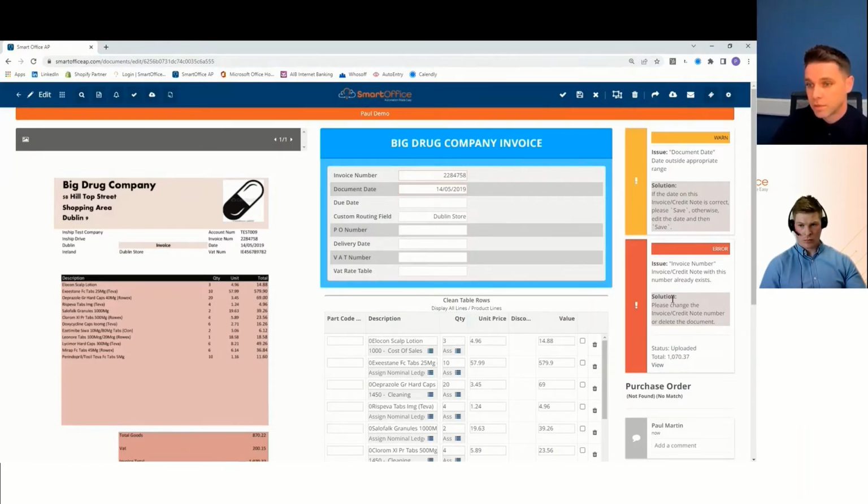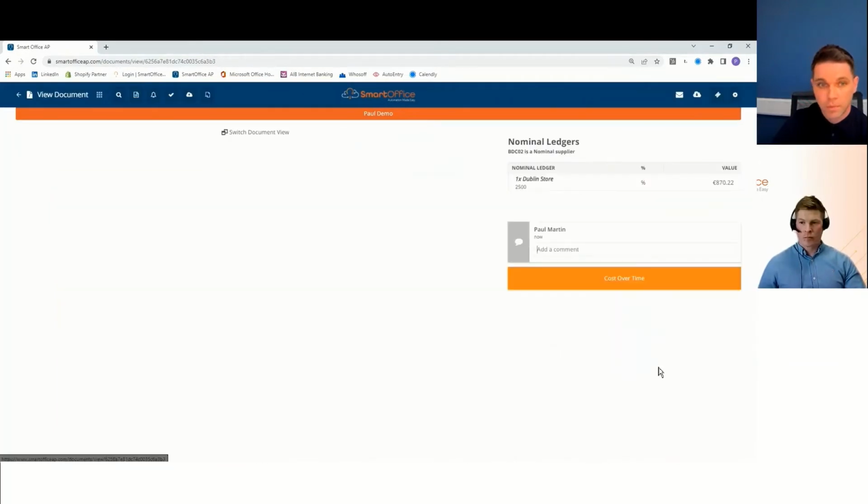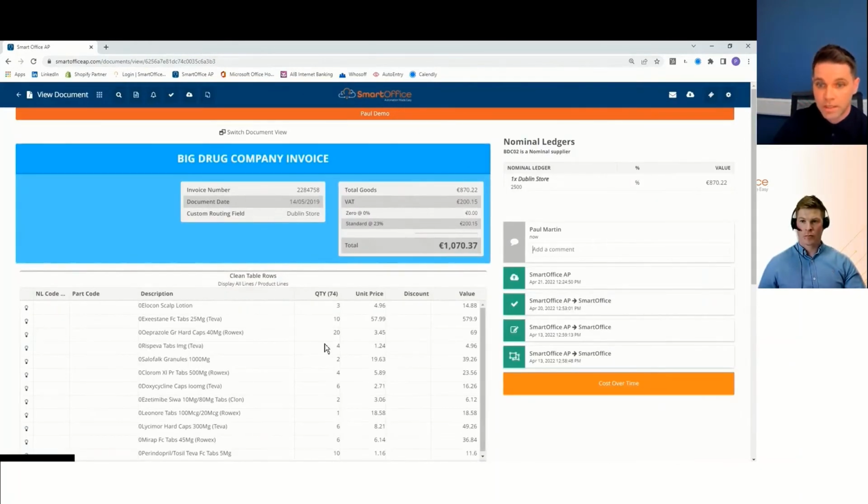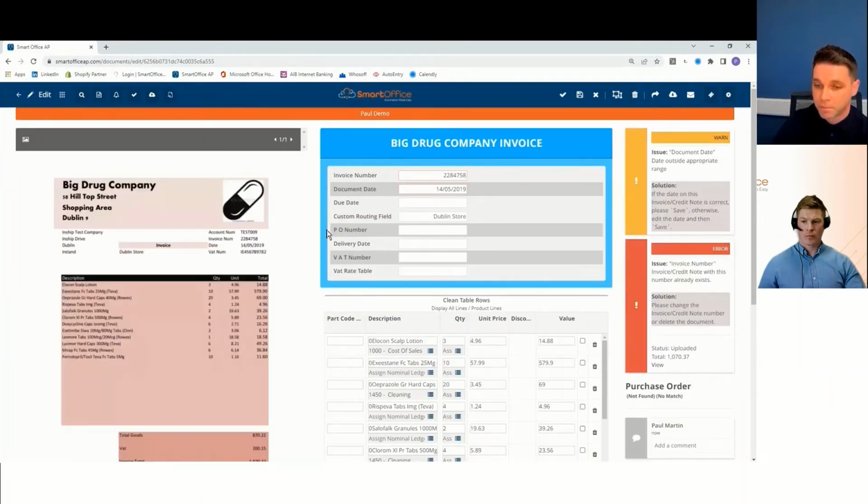Red means something is fundamentally wrong, and we suggest that this needs to be actioned immediately. You'll see here, we're saying that this is a duplicate. We've already submitted this to your accounts package. It's already gone through the process, and we'll actually link you to that invoice that was previously approved. You'll see the invoice, you'll see all of the audit trail and actions, and you'll be able to make a decision on that invoice and alert at the time.